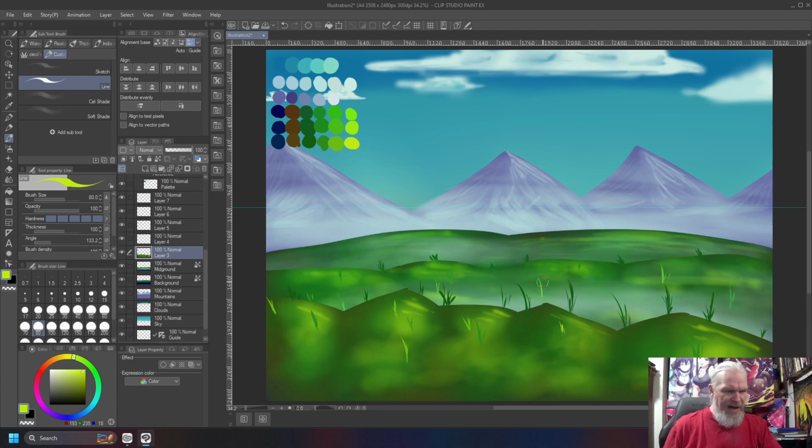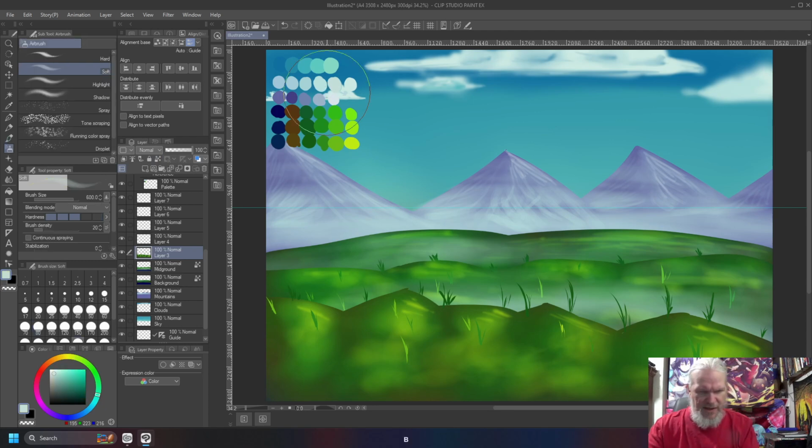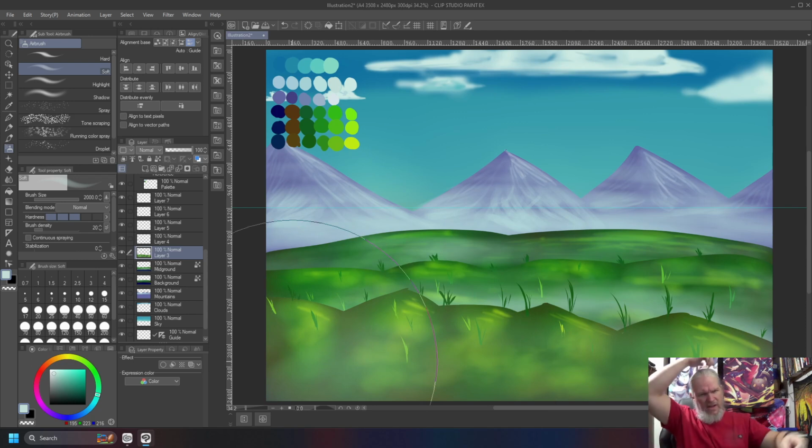And then finally, as you can probably guess, we do a little atmospheric effect. And we go to our soft line brush, soft airbrush, very high, and just kind of go over top of that, like so. And this is the process I have been using to do landscapes,